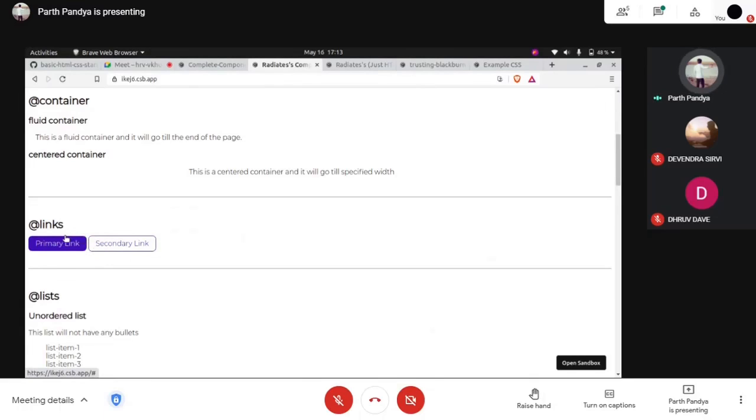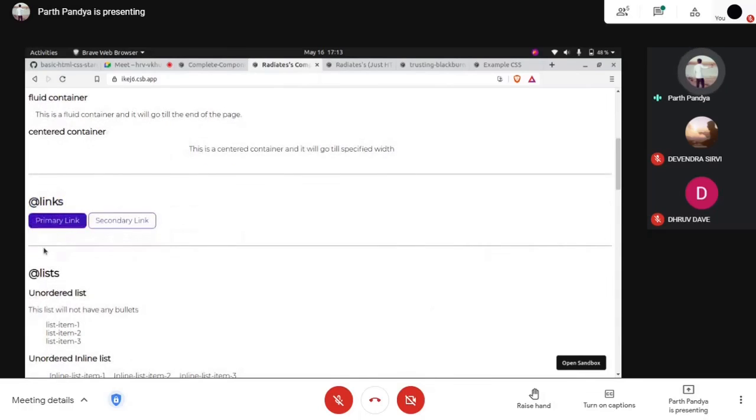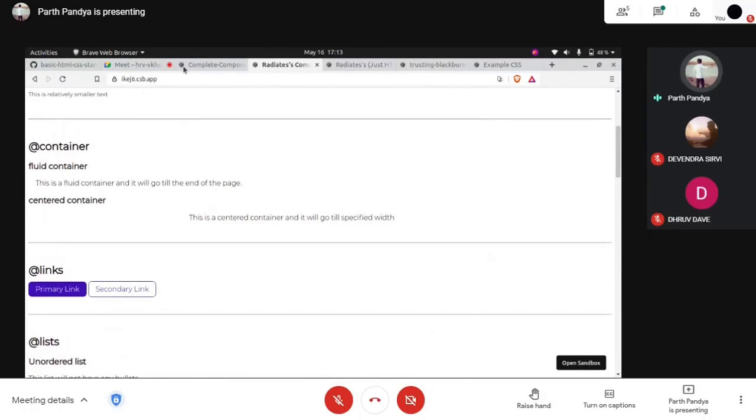And this margin is like the space between this link and this primary link, the space between this HR, this horizontal rule, and this list tag. So here we have some space, so here it is margin. Here we have also defined margin left and margin right, the properties which give margin to the left and to the right. By default we had one rem. We are using this container property with one rem, and by default we have that one rem here on the left and here on the right.